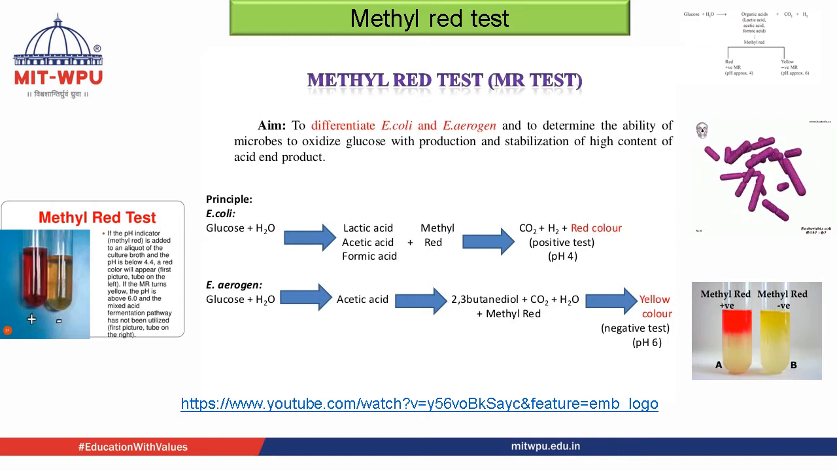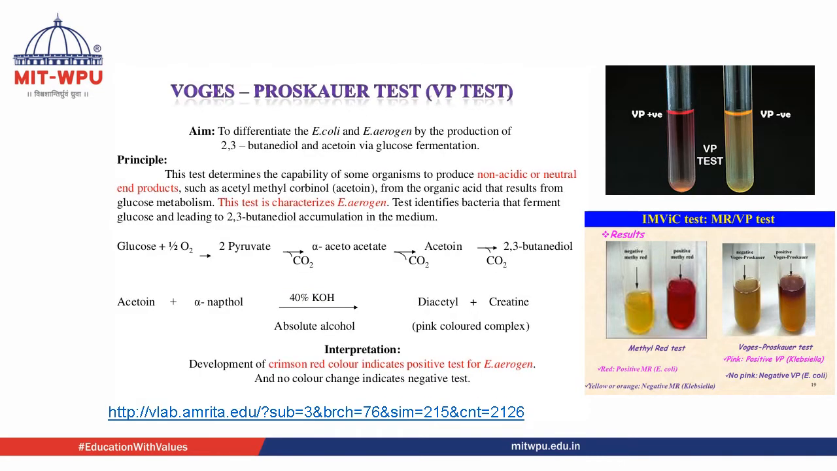So that gives the indication whether your sample is having E. coli or aerogenes, based on the consumption of the glucose level and production of acid end products. That is this test. So the next test, which is very important, is the Voges-Proskauer test, also called the VP